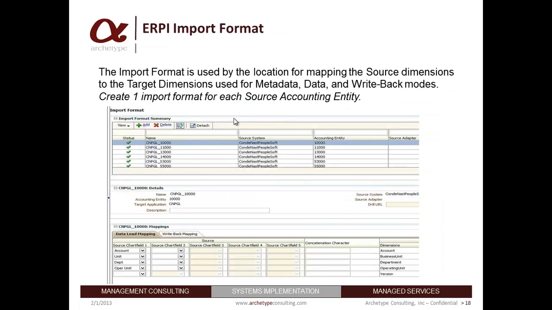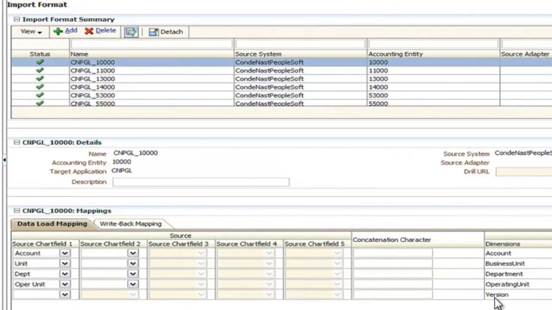Once you set up your business unit, you then set up your import formats. The import format is the piece that says the account dimension on the PeopleSoft side corresponds to my account dimension on the EPM side, in Essbase, in planning, and whatever. This is where you map any extra dimensions. For example, you can see here in this picture a version. Version is something you need in Hyperion Planning, but is not something that exists over in PeopleSoft. So in this case, we mapped a blank field to version because we don't have that dimension over there. But something like account, we do have an account field in PeopleSoft, so we map that to the account field